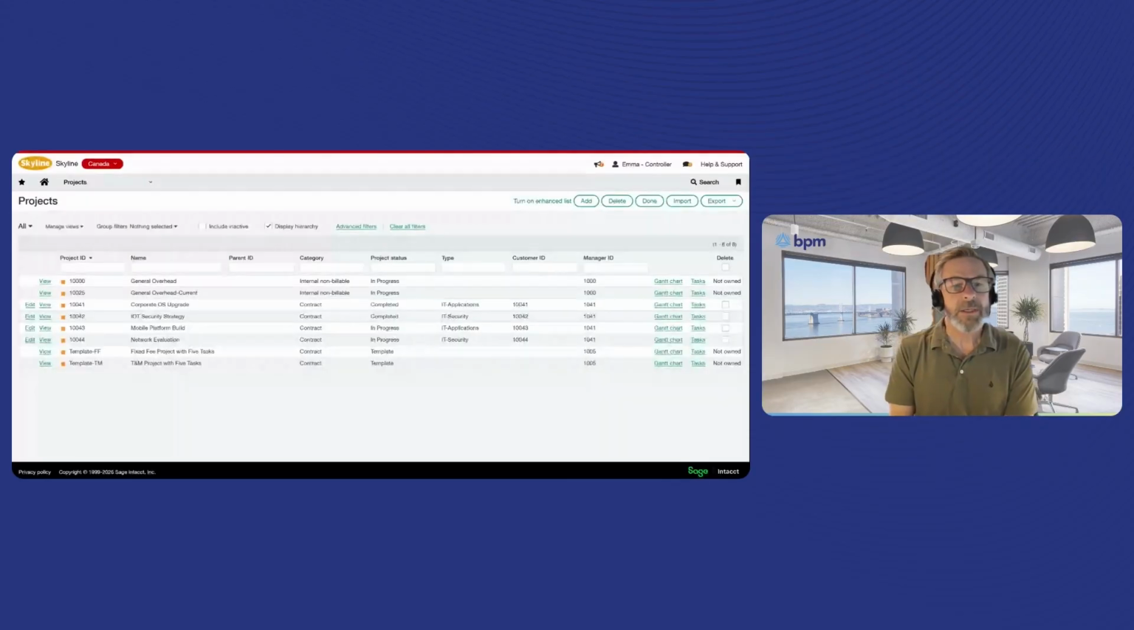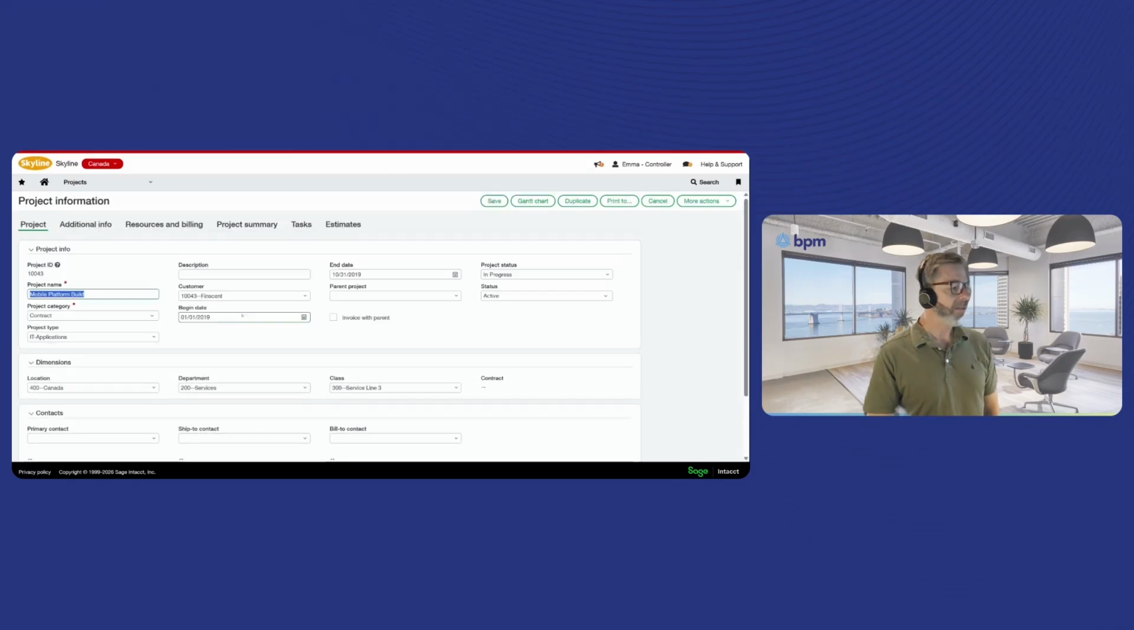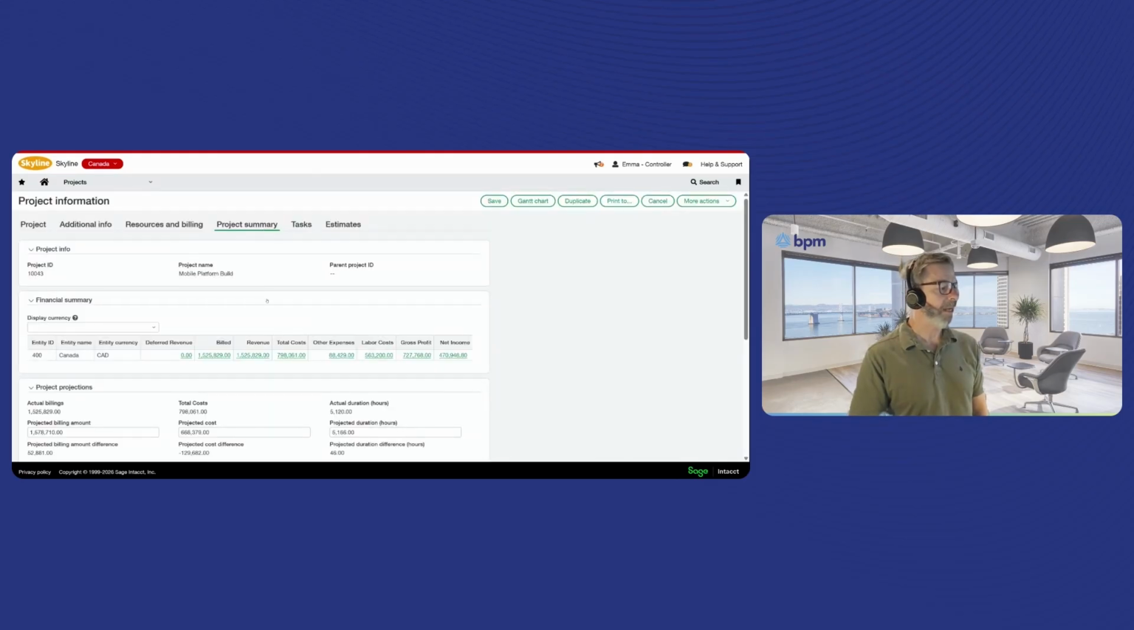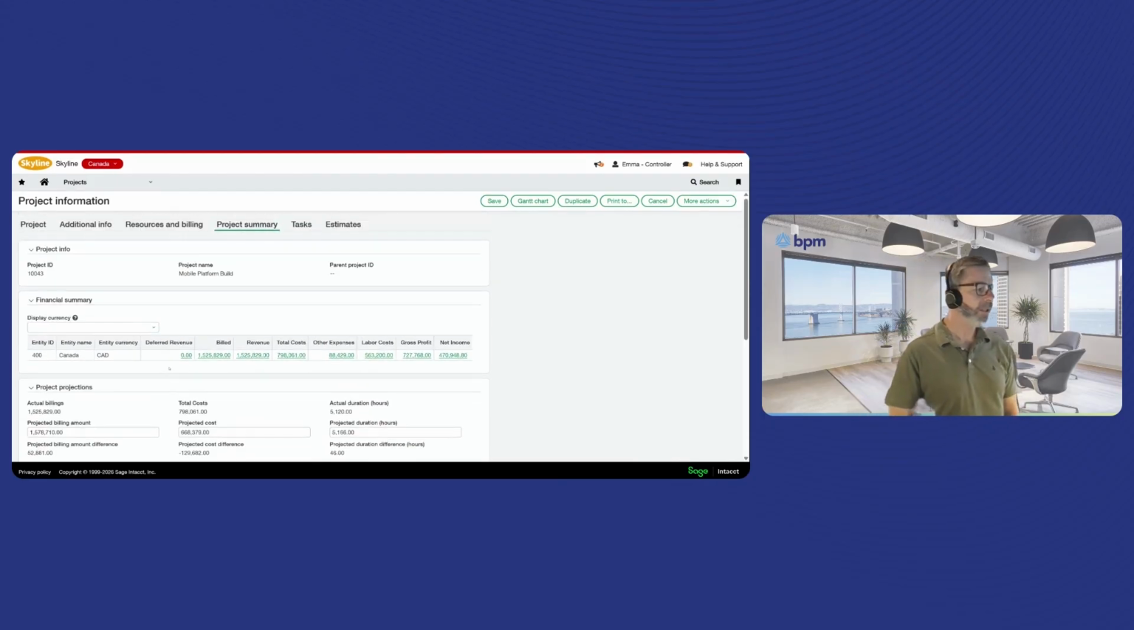So we're looking here at projects within the Canadian entity of a multi-entity, multi-currency demo company. And you see, I've got some projects here. I'm going to just go into this one project here to have a look at the summary tab. So if you use projects, hopefully you have your project summary tab set up so that you can see all of the projections and actuals on that project. You can see in this particular project, the entity is Canadian currency, so all of this is being displayed in